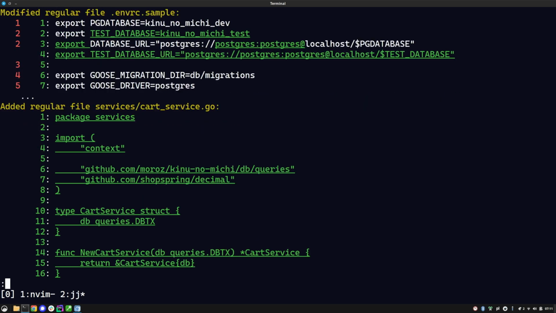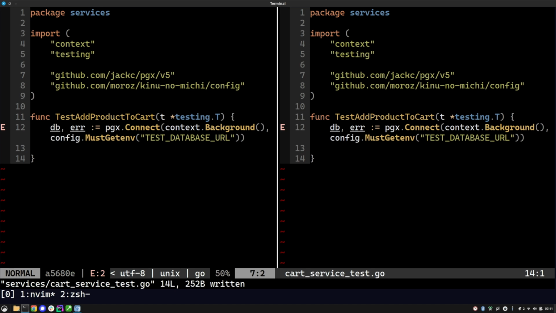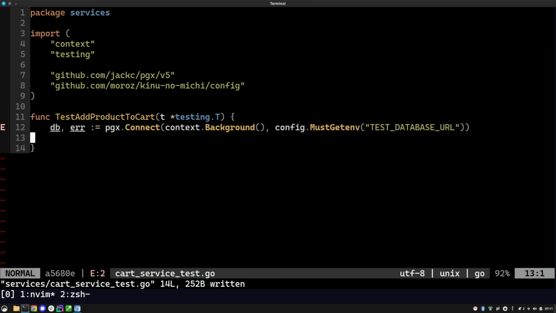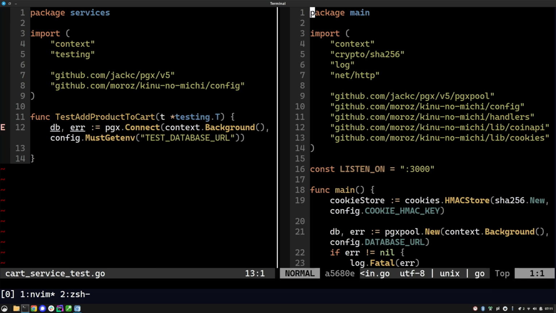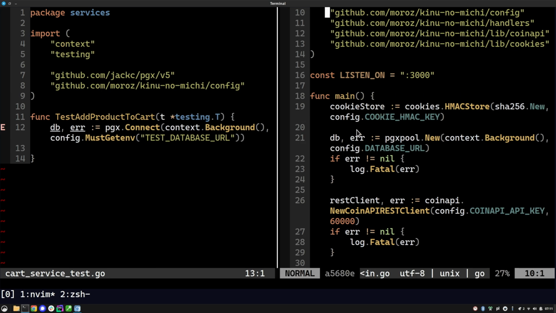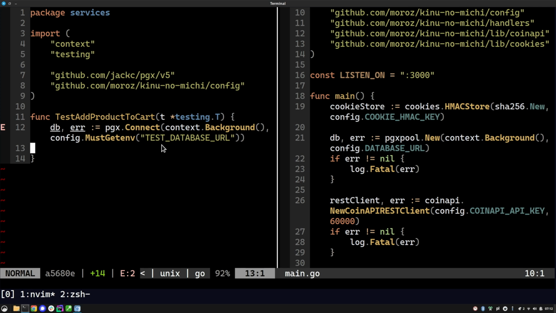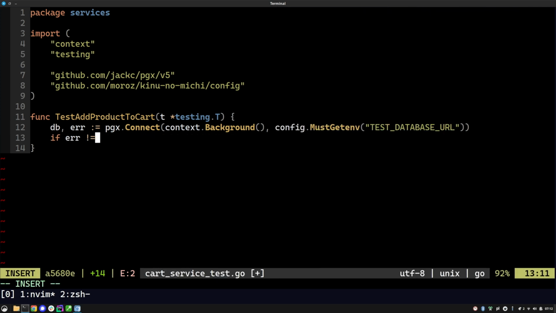Did we import some? Okay, we did not import any crazy packages, okay. And if you look at main.go, you may see that I'm connecting to the database using a different function, but that's fine because as long as they both have the same methods, it should be fine. Except that when we actually want to check out a transaction, we may need to match on types, which could be problematic, but we'll think about it if it happens. If error is not nil, t fatal error,